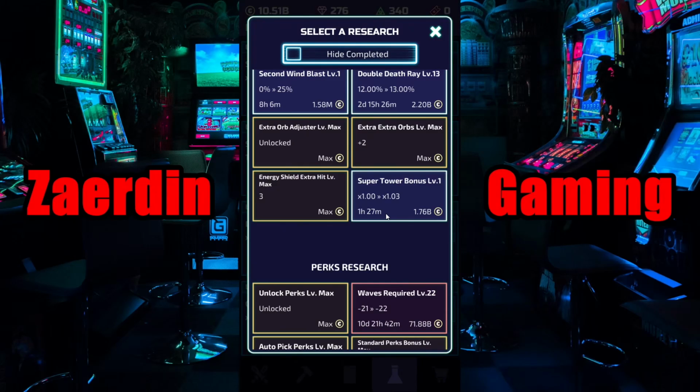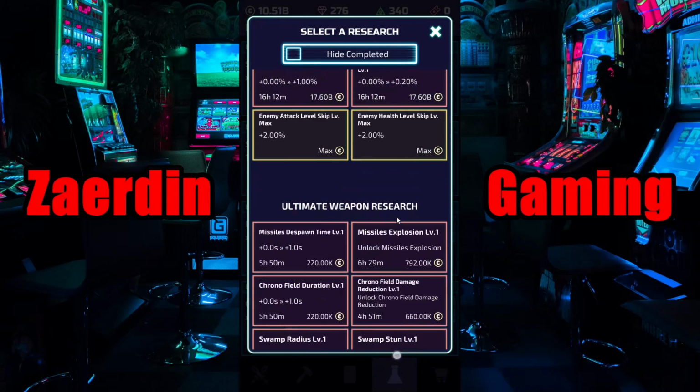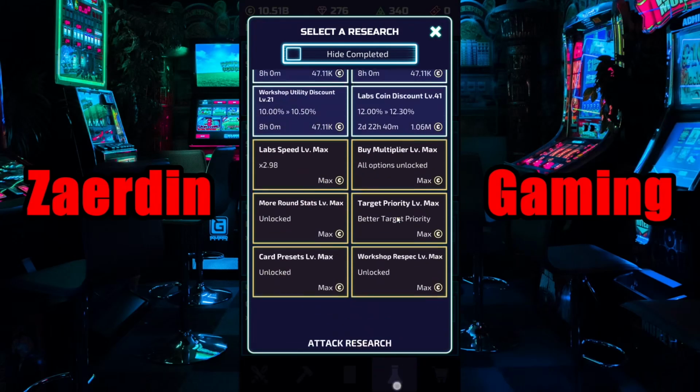Not 20. It is 70 billion. So I could probably get it up to rank 10. Beyond that, it gets a lot more expensive, and I'd like to have some more cost reduction. And finally, what my filler researches are going to be is cost reduction, assuming I actually get